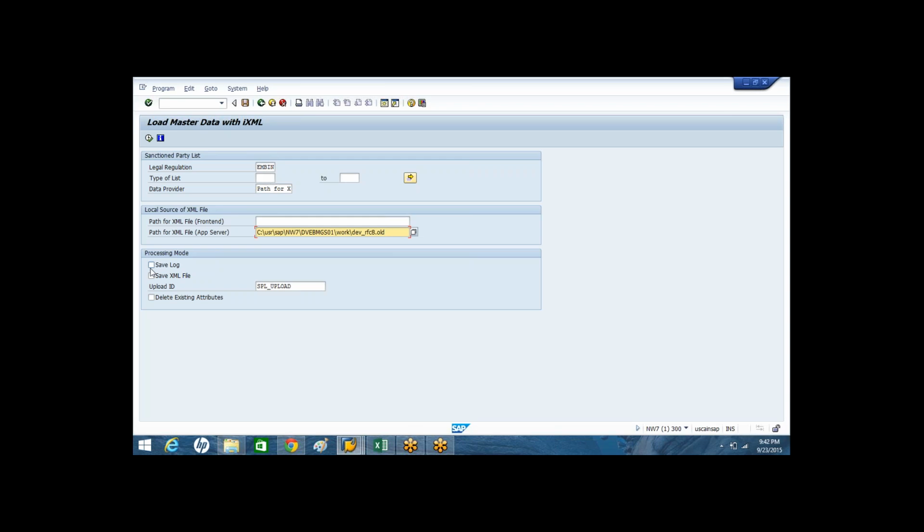All the errors will not be allowed to create records in the system. Then you can inform the data providers that these are the records which our system is not able to accept, please correct them and send the correct data. Then they will send a new file with the correct information. No problem.